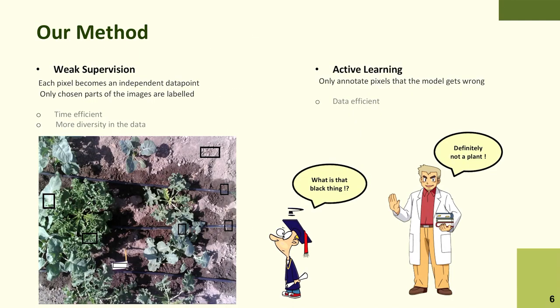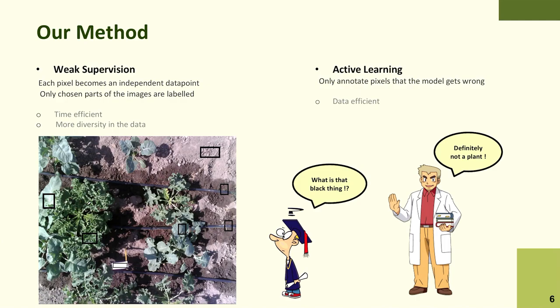So to overcome this limitation, we propose a different way to weakly supervise the segmentation. We consider each pixel as a completely independent object, and by doing so, we can annotate only some of them and let the model annotate the others. So once a small amount of pixels are annotated, we can ask our model to train itself on them, and then do a prediction on the whole image, and look at where it's wrong, and correct it. We then repeat the process until we are satisfied with the results,